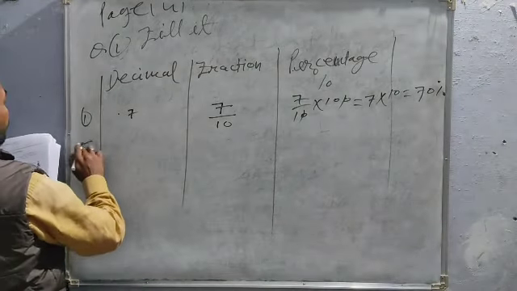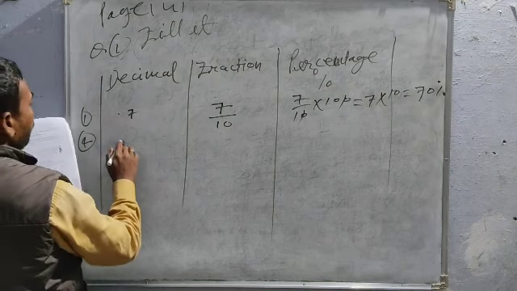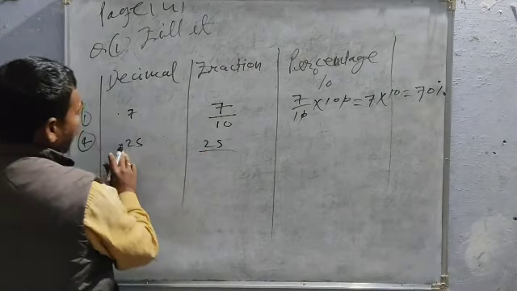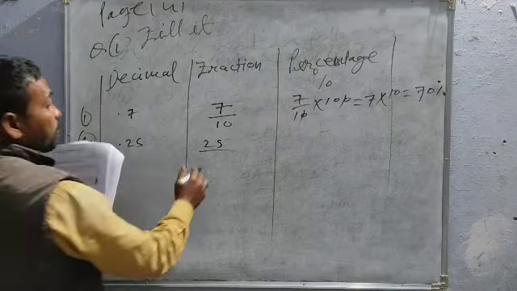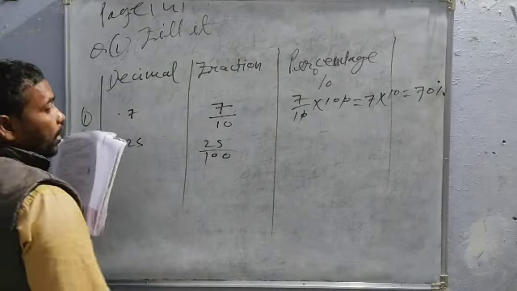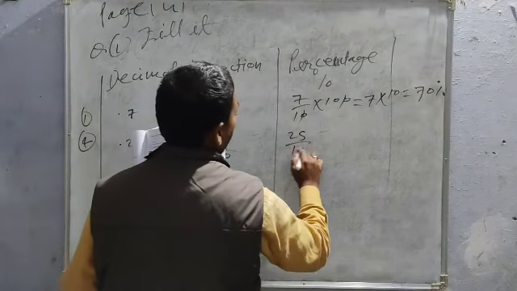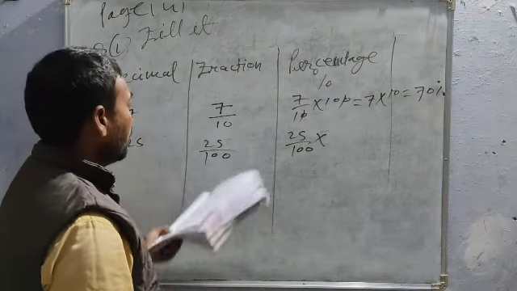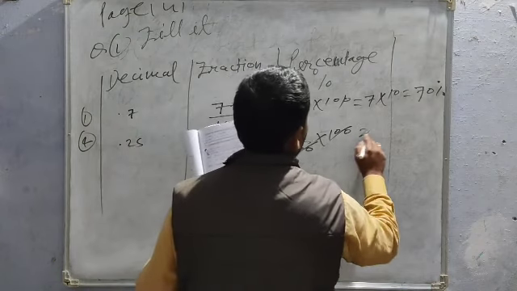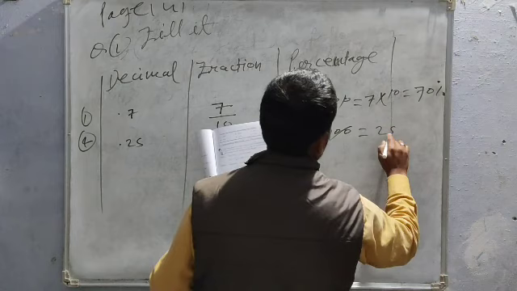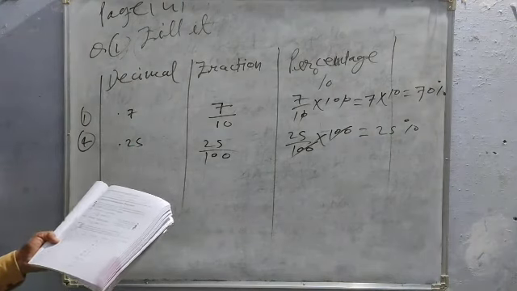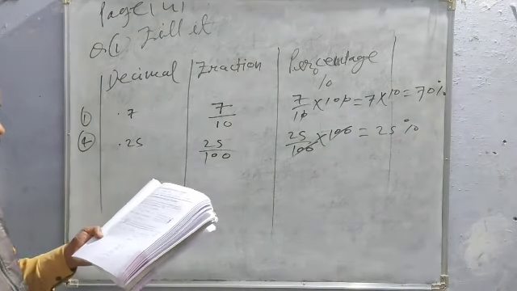Now come on here fourth one. Here given 0.25. Here 2 decimal places. First write this number without decimal as numerator, and it's hundredths. So denominator should be hundreds. Suppose decimal as 1, and here 2 places so 2 zeros. And then multiply this fraction by 100, or from here you can clear this is 25%, or you can multiply by 100, 100 you cancel, that is 25%. And from question 4 to question number 12, all are the same type.